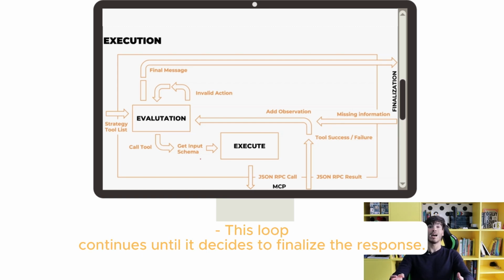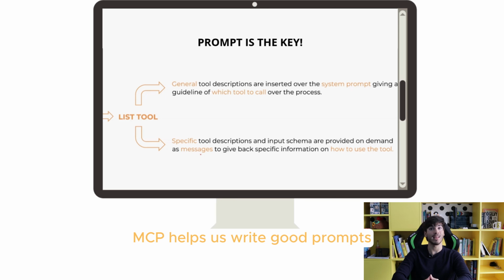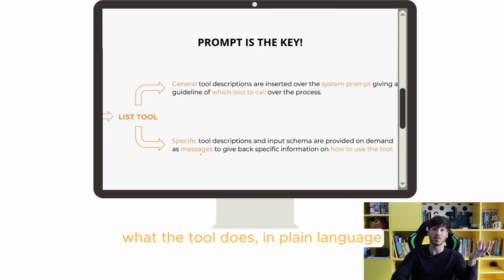This loop continues until it decides to finalize the response. Prompt is the key. Good prompts lead to good results. MCP helps us write good prompts by letting us attach a precise schema with an effective description to every tool. With the tool list, the orchestrator receives what the tool does in plain language, and we place it into the system